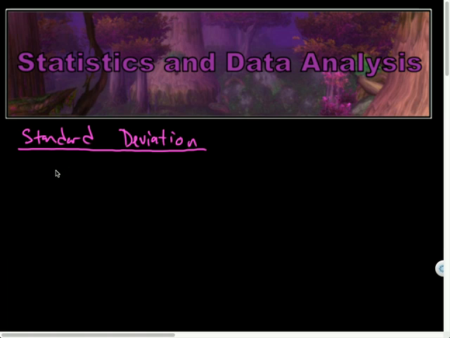But standard deviation looks like this. We're going to talk about this formula, but it's measuring the same sort of thing. It's a type of average distance from the mean. Okay, so here we go. Standard deviation. If a set of data has